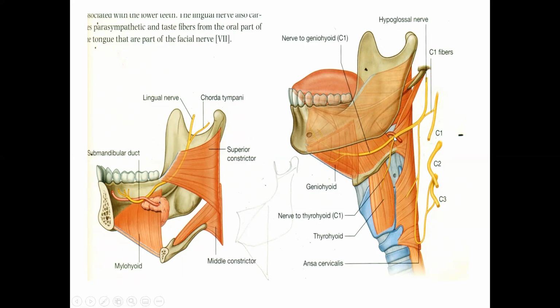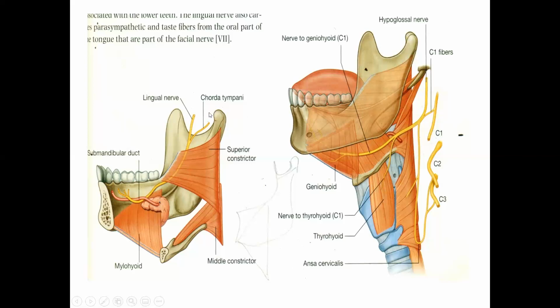You can see here. Okay. Then the hypoglossal nerve itself enters into the neck through the oropharyngeal triangle above the hyoglossus muscle, and it travels in the floor of the oral cavity where it supplies all the muscles of the tongue, extrinsic and intrinsic, except the palatoglossus. So you can see here, this is the hypoglossal nerve and this is the lingual nerve.